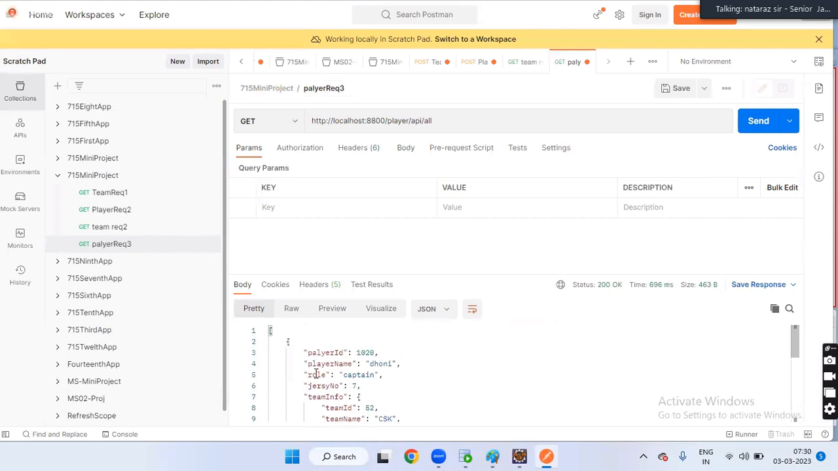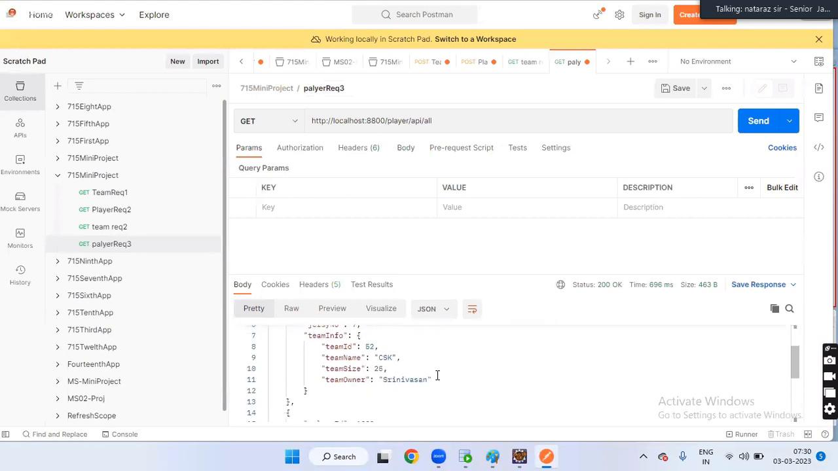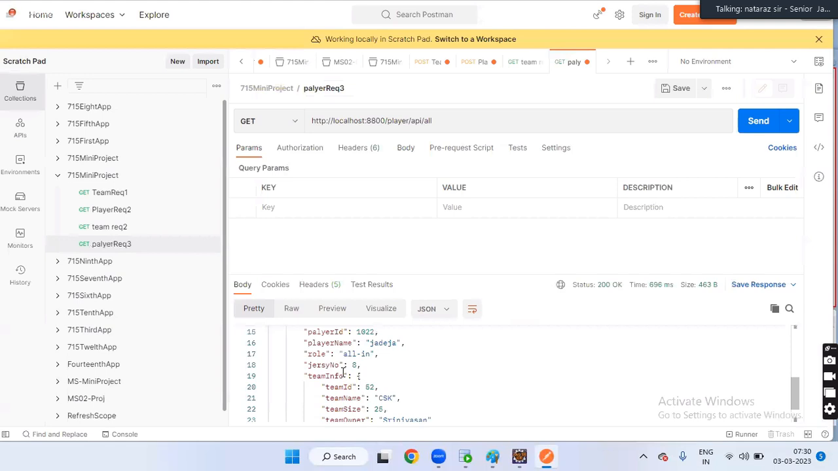Array, player is a team information. Again, player is a team information. Coming or not coming? When I say all the information is coming or not coming? Okay. Sir, what is the problem? Versions issue, number one. Number two,